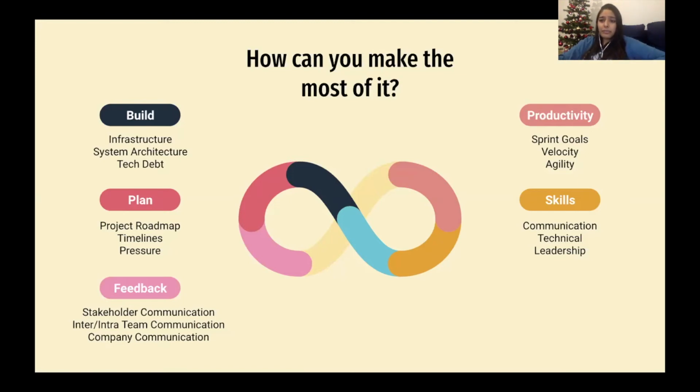Another thing could be technical skills. You might see that one person in your team is slightly weak in a particular aspect. And of course it might be a sensitive issue, but that's the whole point of being a team, right? You tell them and you help them find the solution. So this is not about putting blame. It's just, hey, how can we help improve this particular area for you as a team?